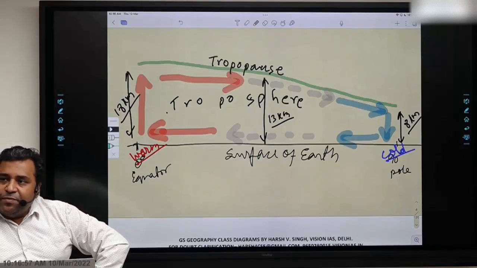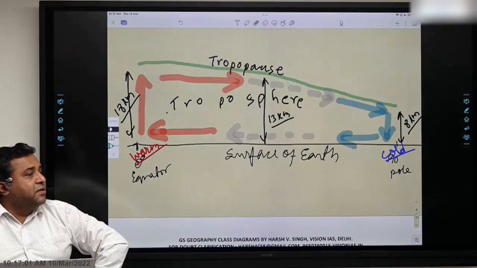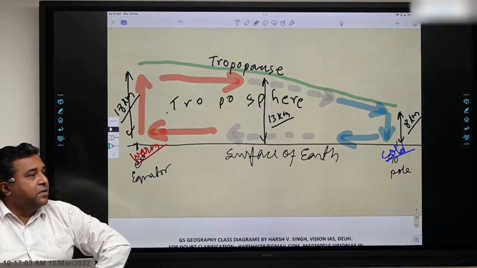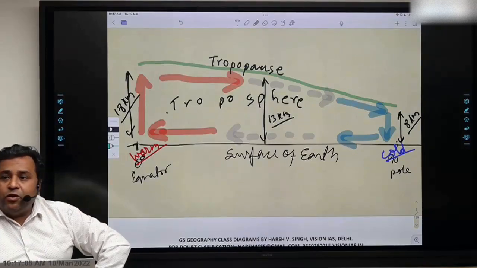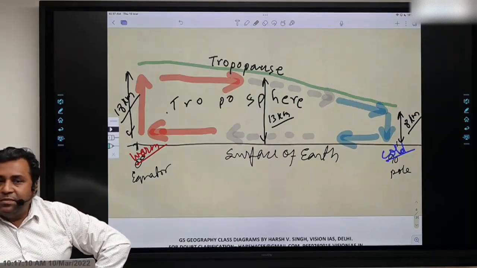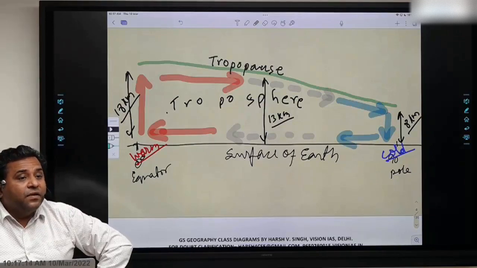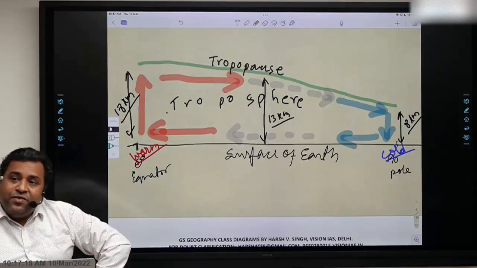So in this region, if I ask you, the troposphere, what is happening? The air is stable or the air is moving? In the whole region the air is moving, and hence it is mixing, and for mixing there is a word in Greek, tropo. That's why the word troposphere. This is the region of mixing of air. And by mixing, what will it do?